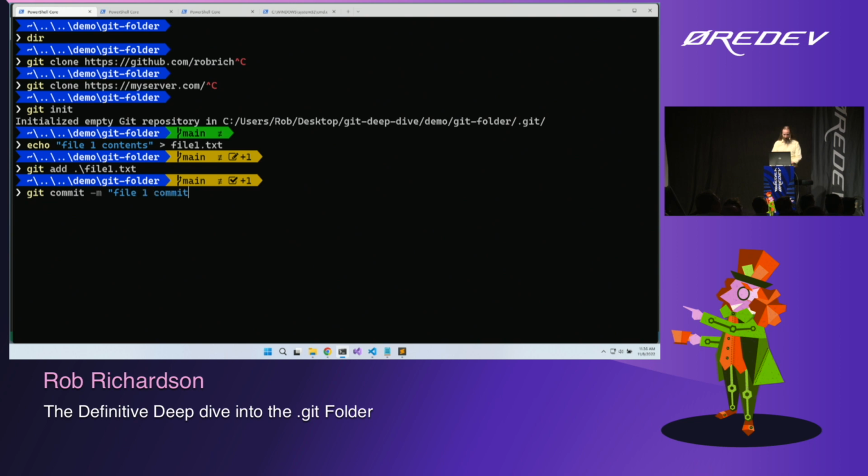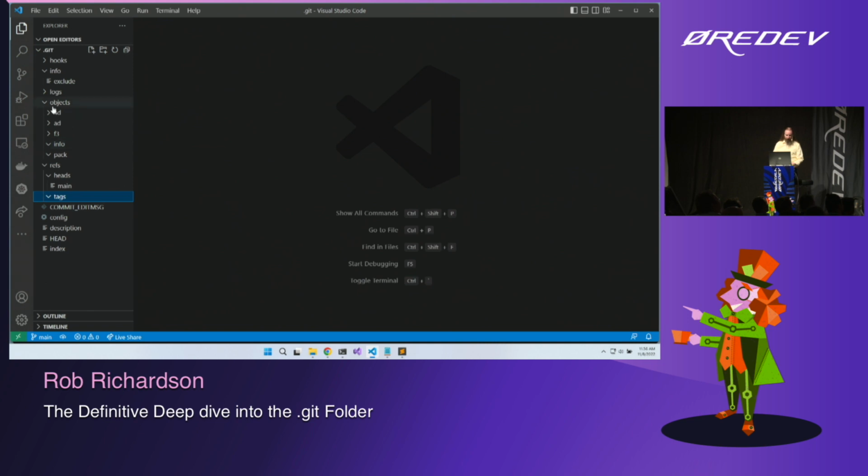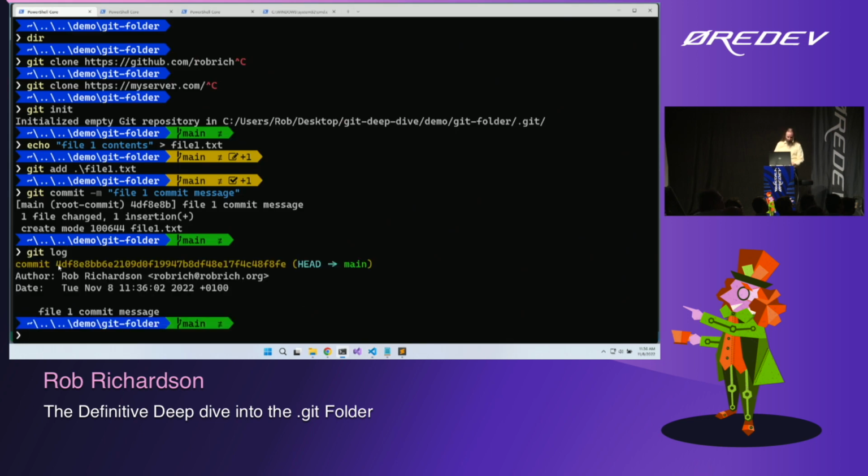File1 commit message. There we go. Now we've got a commit. So when we created this commit, we come back in here into the objects folder, and we can see stuff about the commit. Now, in this case, git log, we did commit